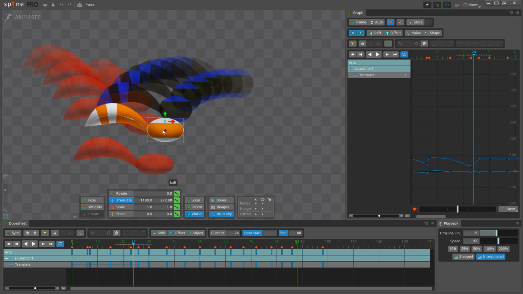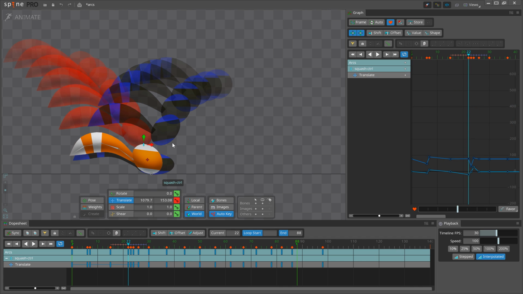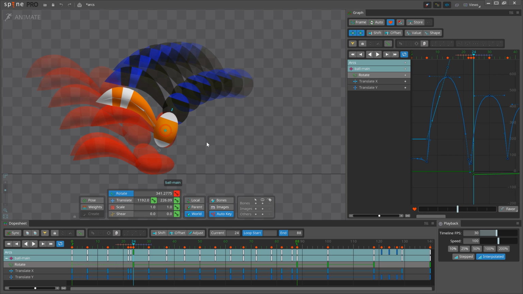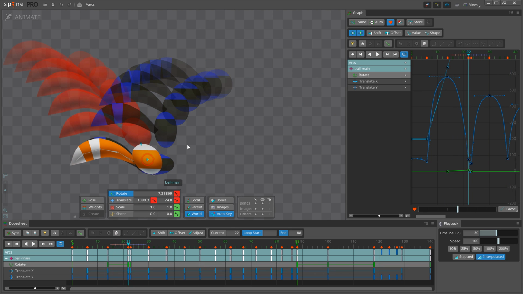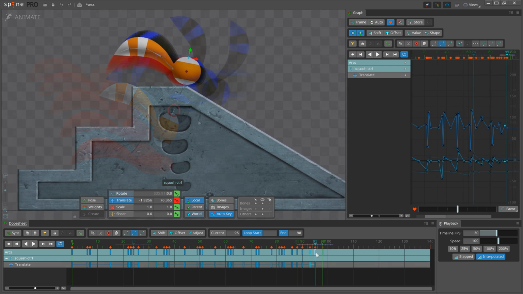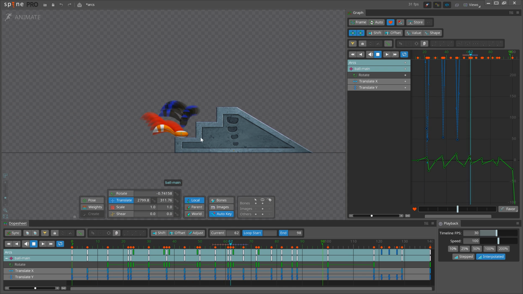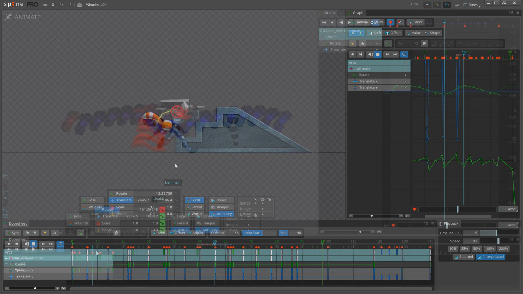This requires adjusting the timing a little bit. Finally, the last pass is for the tail animation. The important part of this exercise is how the tail follows the ball's arc.